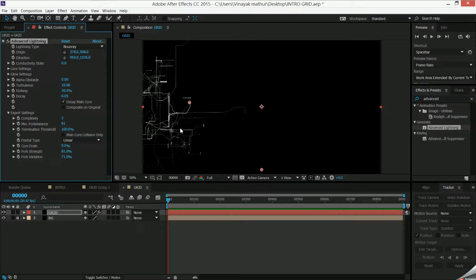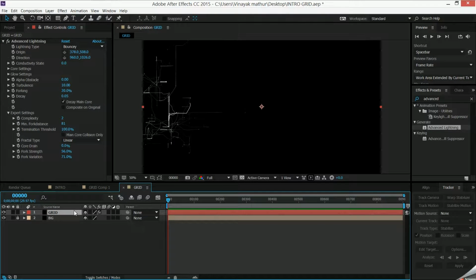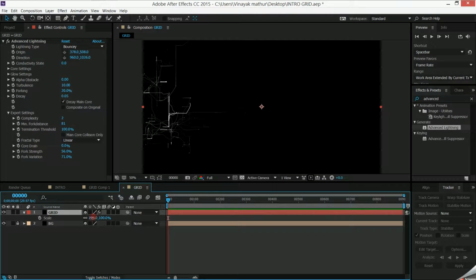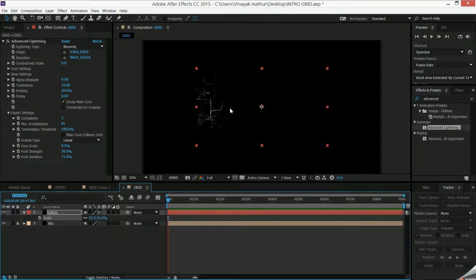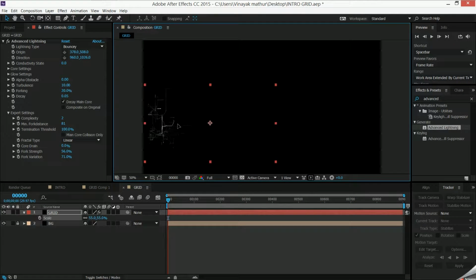And actually this one right here is also looking cool. So let's reduce forking a bit, fork strength a bit, somewhat around 56%, and then I'll select this layer, scale it down a bit, place it over here,